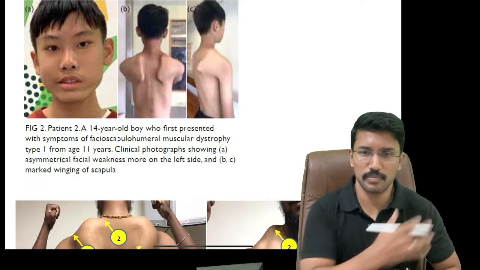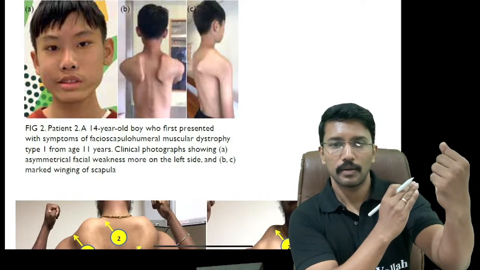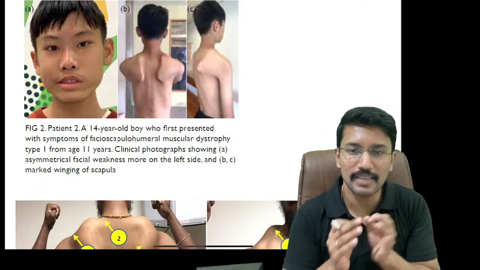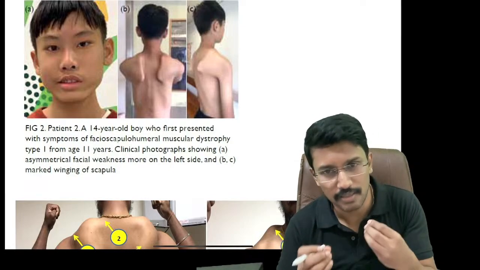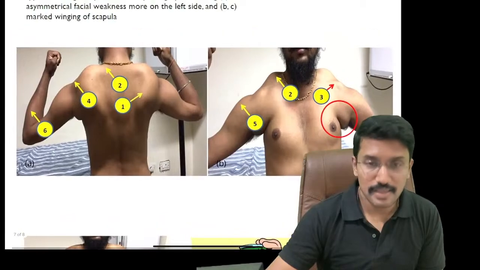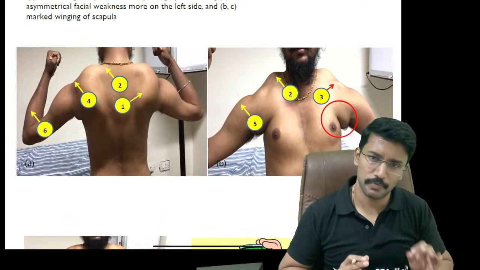But as time progresses, because deltoid gets spared, pectorals get involved, biceps get involved, forearm is spared, it leads to some examination findings which are usually asked as image-based questions. And if you have a real patient, then these are kind of spotters in your bedside discussion. So first thing, you can see these two sets of images, where this patient